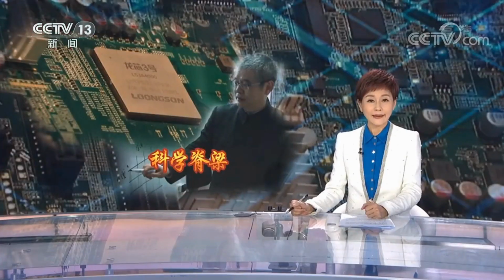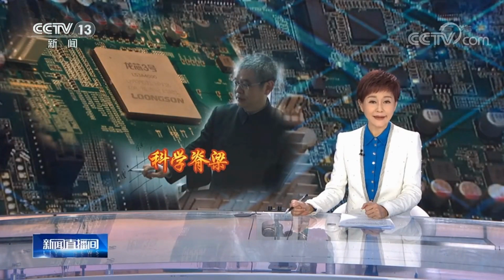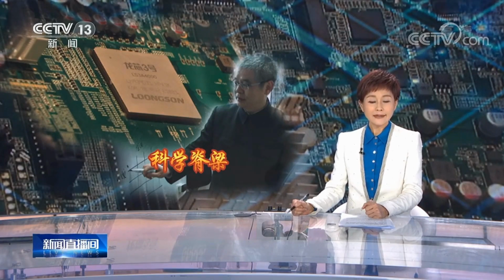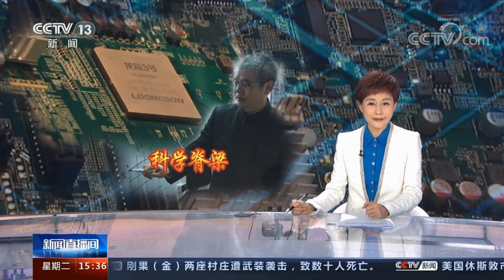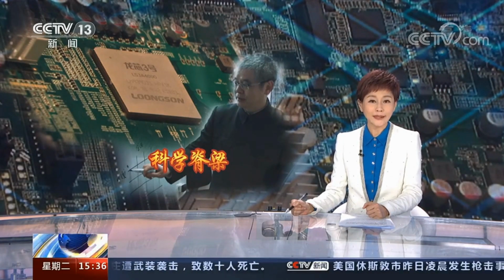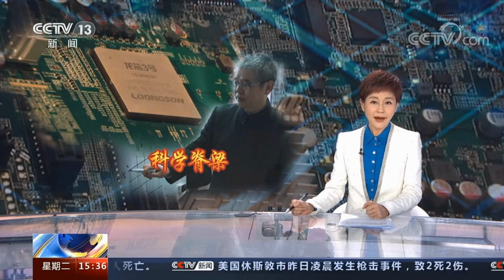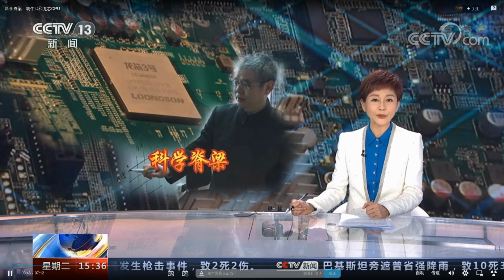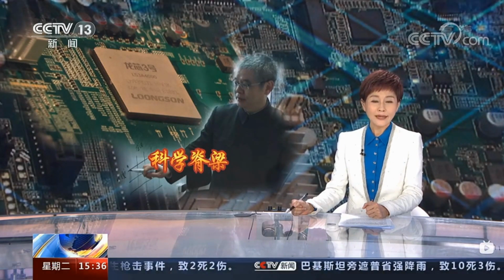Communist Party establishment 100 years report about the technology. Recently, the Chinese homegrown Loongson 3A5000 has been released, and this CPU uses the self-made architecture and instruction set LoongArch, and the performance is near the world's level. And the one who leads his team to build this CPU is Wei Wu, the Chinese scientist, researcher, and Loongson Technology chairman.